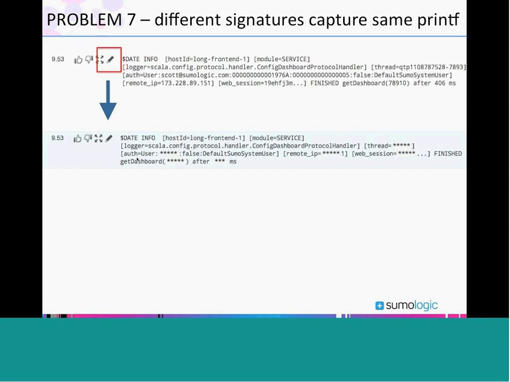So as before with the thumbs up, thumbs down, there's a flip side to this, where you might say this signature really is too specific. So we might have this one right here, it's got just far too much detail and information, and really parts of it should be wildcarded out. And what we can do here is hit this pen button that's highlighted, edit, and you can actually reach into the log message and say specifically which parts should be replaced with wildcards.